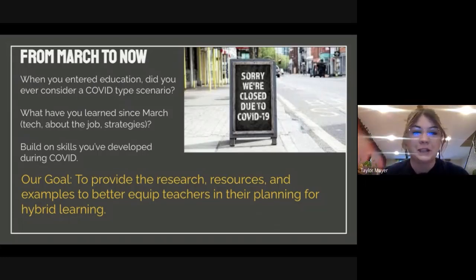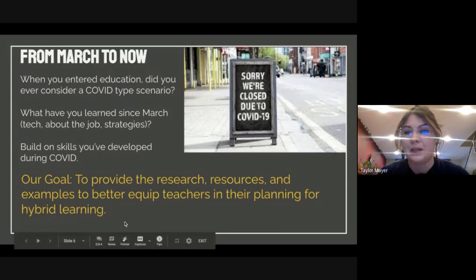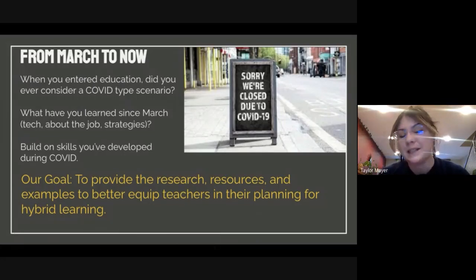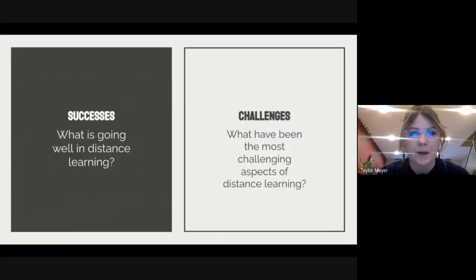Our goal today is just to provide some of those things that we've gone out into the field and collected: resources, research, all of the things we know are working out there, and to bring them to you guys so that maybe that's one last step you guys don't have to do yourself. And with that, I'm going to pass it over to Mark to carry you through the rest of the content.